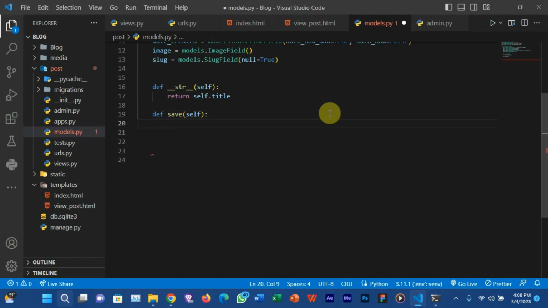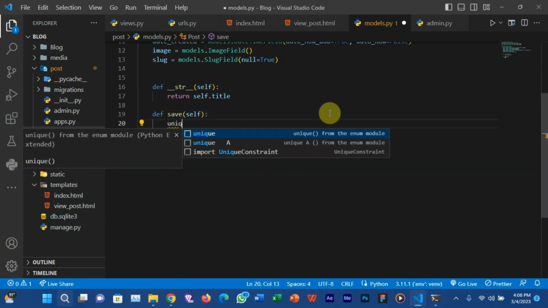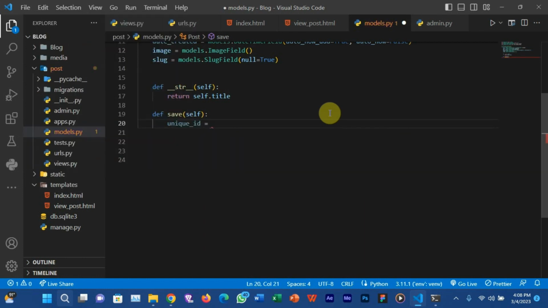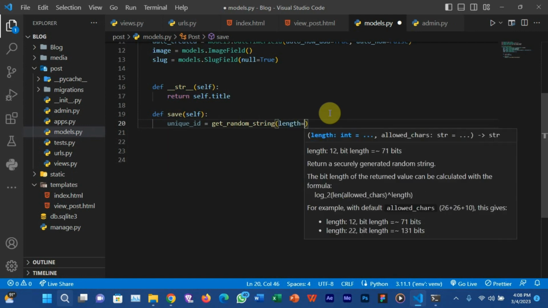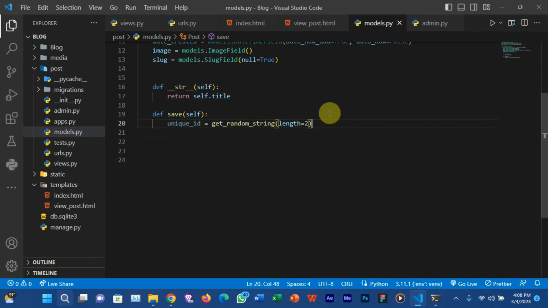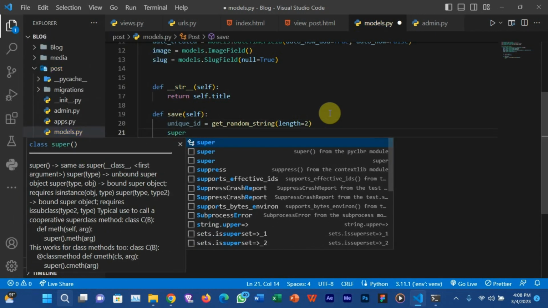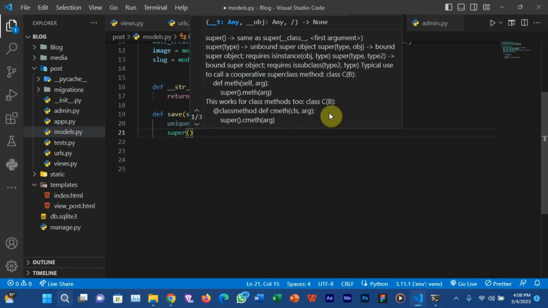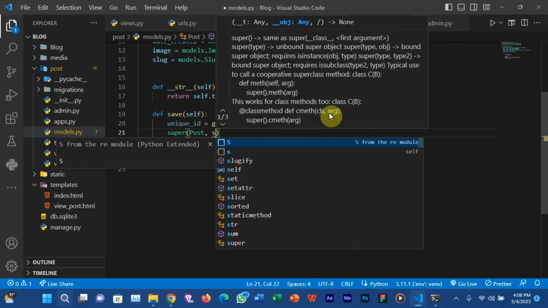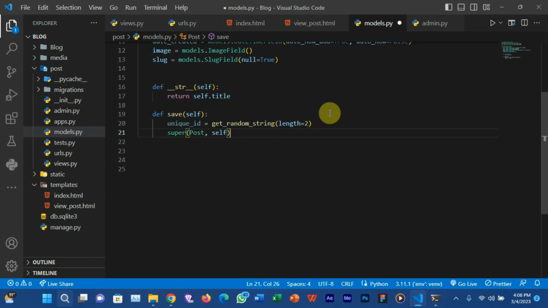Then you can create a simple variable here, unique_id. You can give it any other name you prefer. Unique ID should be equal to the string you are going to generate, and you can pass in the length you want. I just need 2, so I pass in 2. If you need more, you can pass in that as well. Then super, we pass in the Post class and self again. After that we just save it.